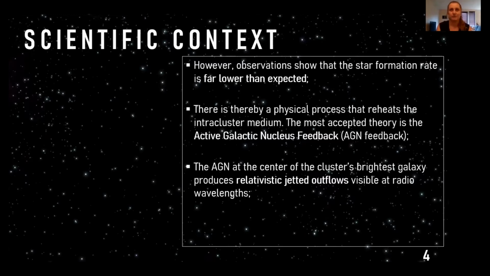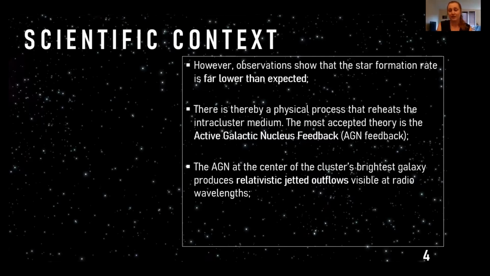So just to summarize a bit, the AGN feedback process is that, in a cluster of galaxies, there are maybe thousands of galaxies, and there's always one galaxy that is brighter and more powerful than the others, so it really stands out from the other galaxies. That's what we call the brightest cluster galaxy. I know, really original name. And the supermassive black hole